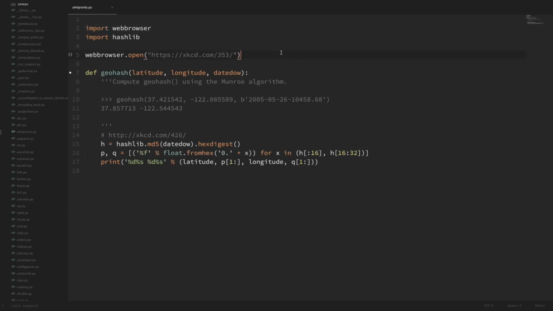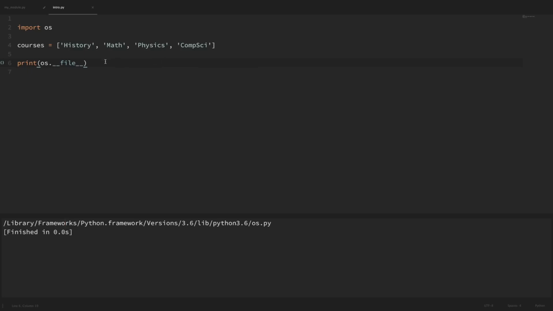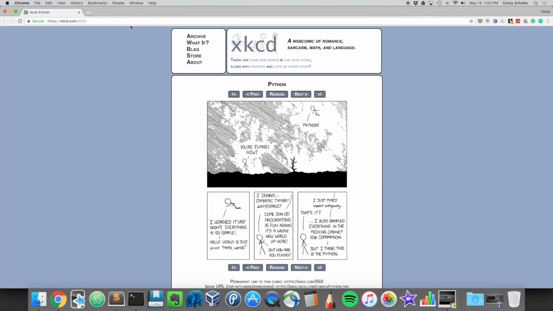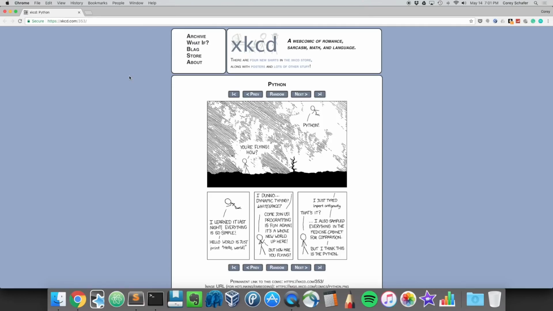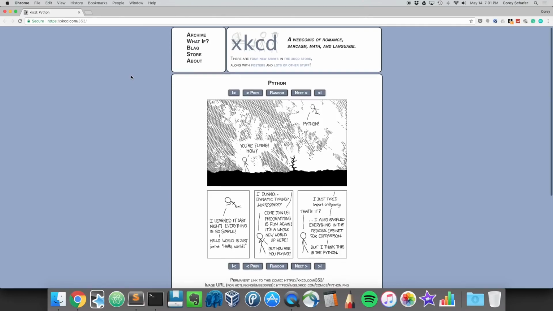We can see that basically it just imports this webbrowser module and opens up the web browser to this page here. I know that people are probably going to be curious what this comic is, so let's go ahead and import that. Back in intro.py, I'll just delete everything and do import antigravity and run this file. Then we can see it just opens up our web browser to this comic, and I'll leave this open while